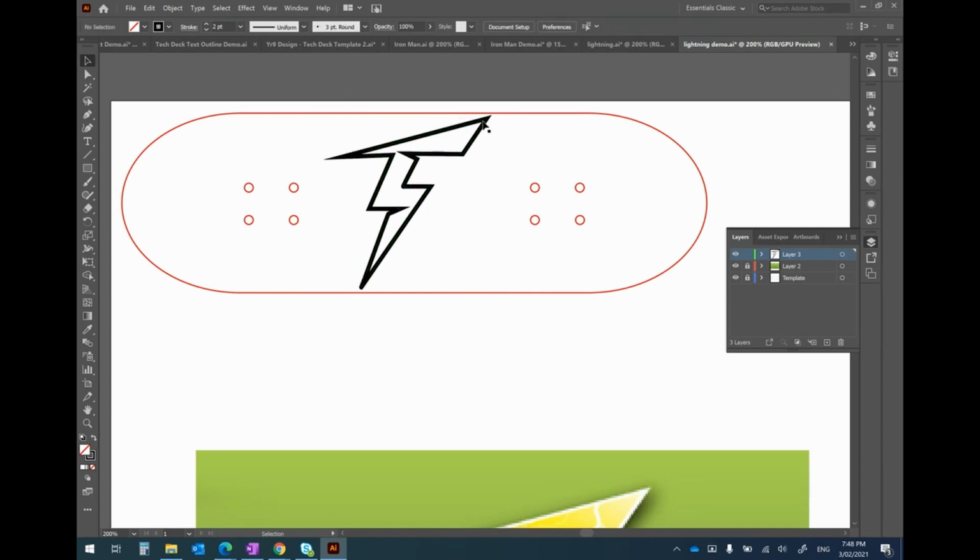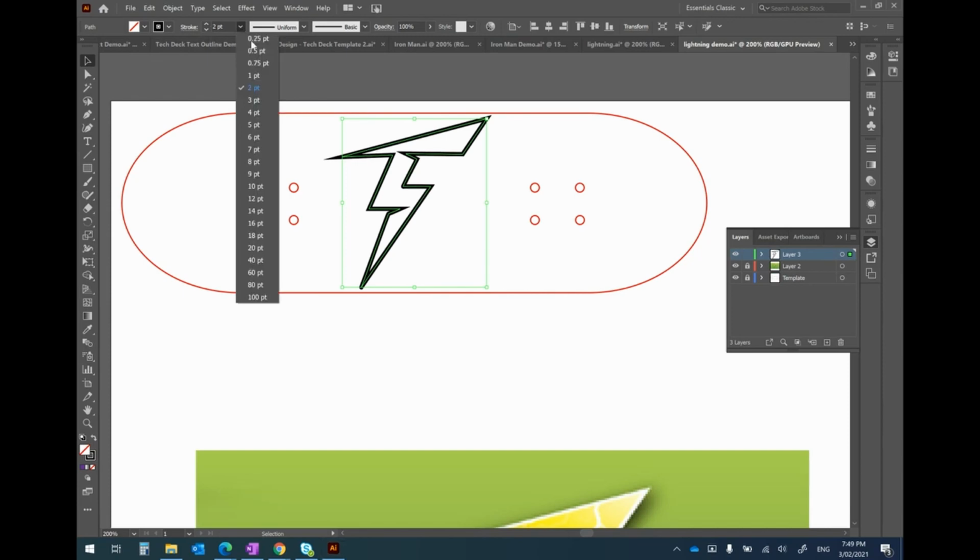If I sent that now, it would cut that shape out, and that might be what I want. If we want to do like we did with the text and actually have it as an outline logo instead of being one solid piece, I'll put a center in there so you can see at the moment. If I cut that out of purple vinyl, that's what it would look like. All I need to do to make an outline is click on my line,